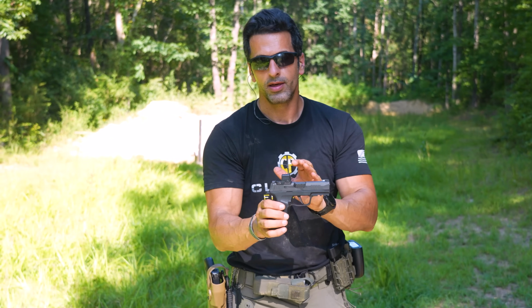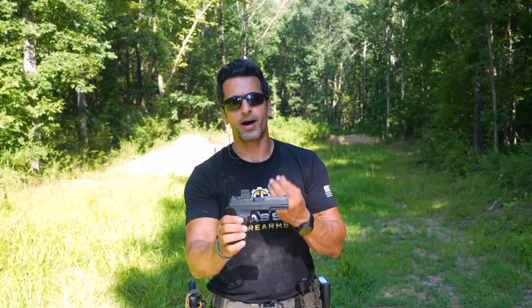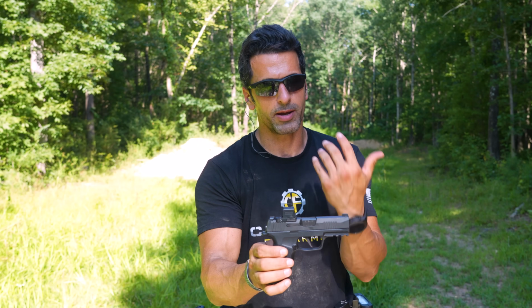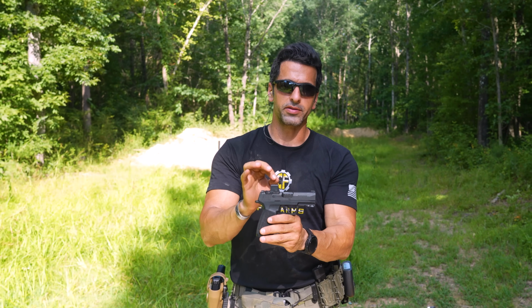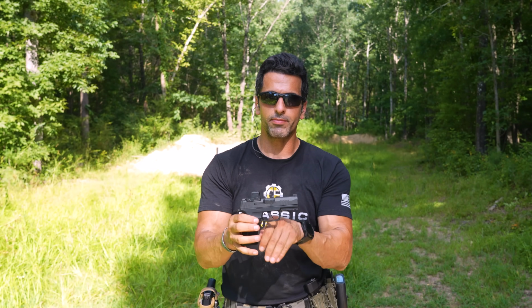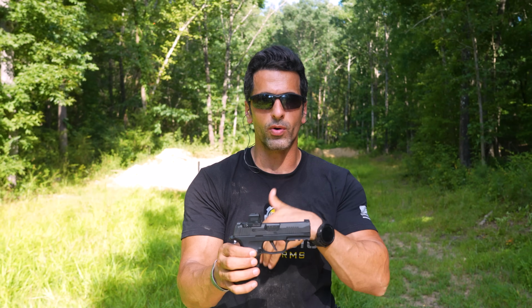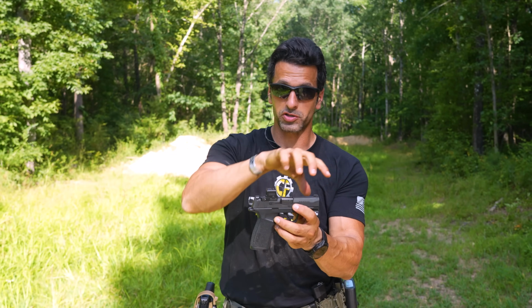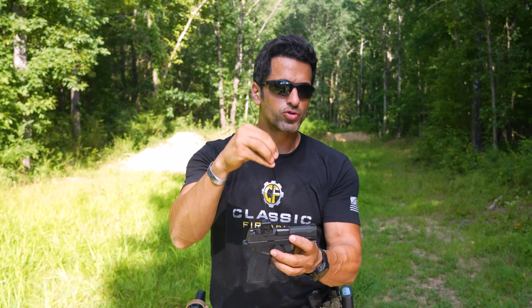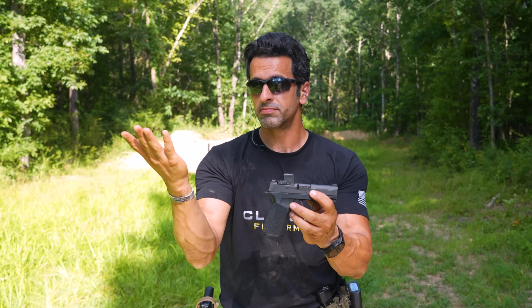And also, this is a highly customizable gun, so it's fully modular. What I mean by modular, the fire control unit is the only serialized item on this gun. The slide, barrel, and the frame are not serialized. You can buy them anywhere, get them shipped to your house. And you remove that fire control unit, which comes with the trigger all in one piece. You can drop it into different types of frames, or even, I mean, come on,